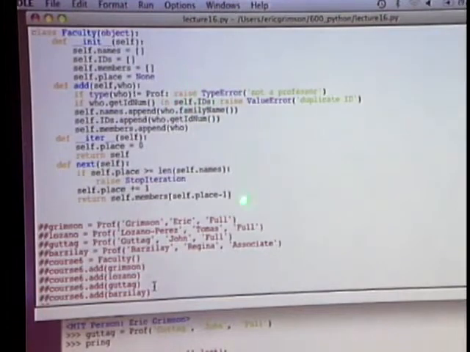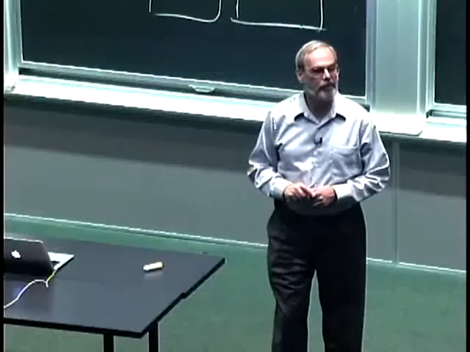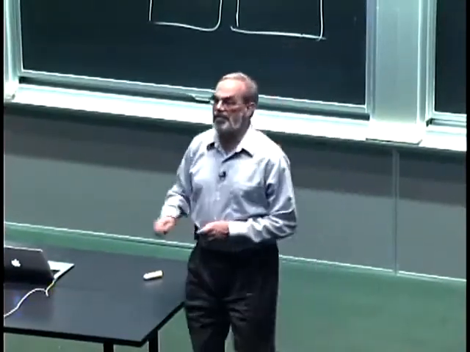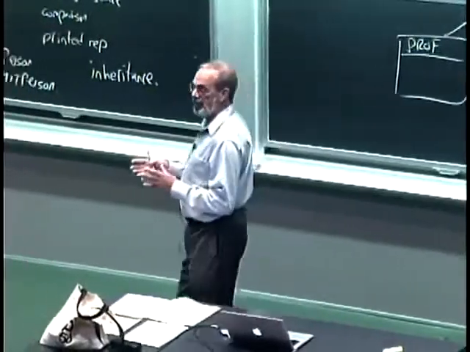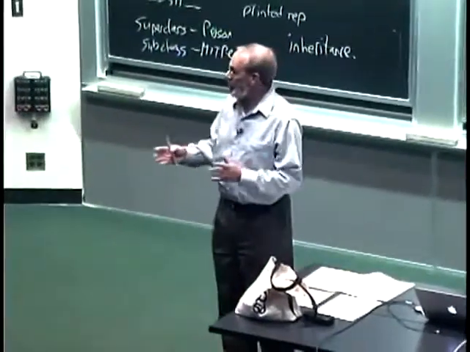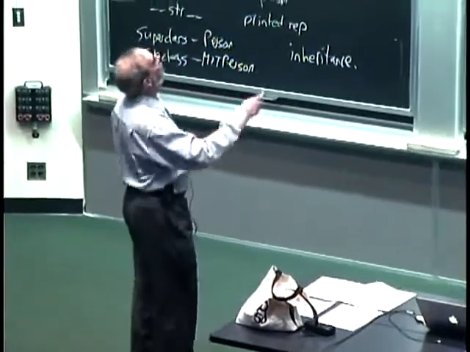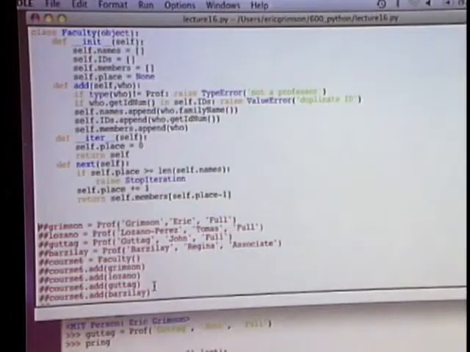Okay? And the reason that's going to come up is notice what I do now. Inside of the instance self, I take the variable names and I add to it the family name of the person I just added. Okay, notice the form. I'm using the method, there's the parens, to get the family name of the person. I'm just adding it to the list. I'll get the ID number, I add it to IDs, and I add the object itself into members. So as I do this, what am I doing? I'm creating a list, actually several lists. A list of IDs, a list of the actual instances, and a list of the family names. And as a consequence, when I go to add, that's why I can check to see is this in here already or not. Now, the last reason I want to do this is I want to be able to support